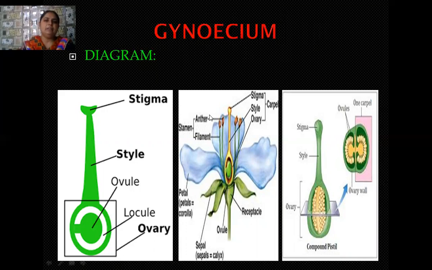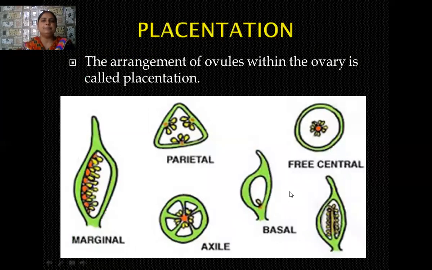In the second one, this is the diagram of the flower, longitudinal section of the flower. Here every part of the flower is very much visible to you. I have explained it earlier. And here you see the TS of the ovary. Whenever you take the TS of the ovary, so many ovules are attached to a flattened cushion-like structure. This is known as the placenta, and these are the ovules. After fertilization, these ovules become the seed, and the ripened ovary becomes the fruit.